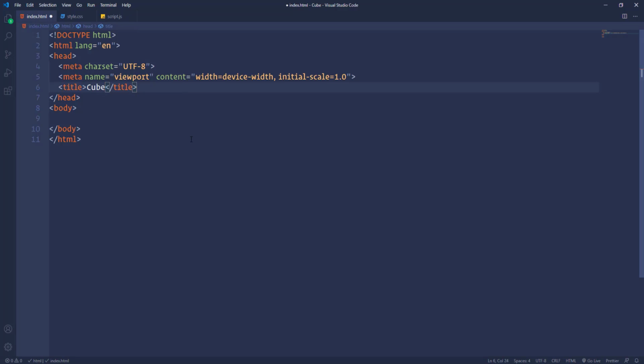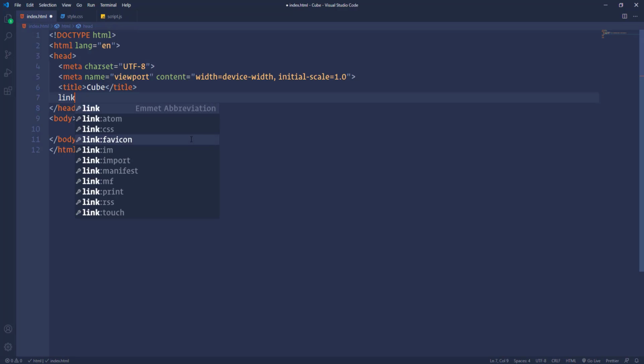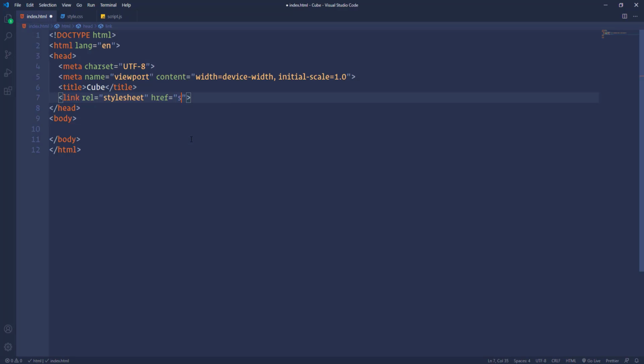For that I'm going to open a link tag in the head element and then specify the name of the file. As for the JavaScript, I'm going to open a script tag right above the closing body tag and in the src attribute let's specify the path of the file. Alright, so the files are connected.